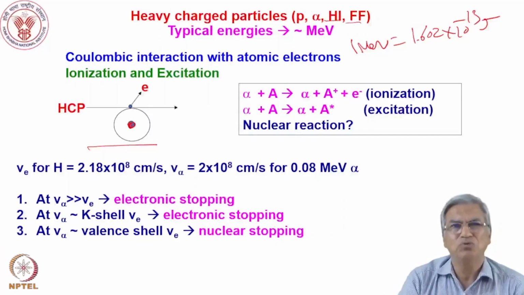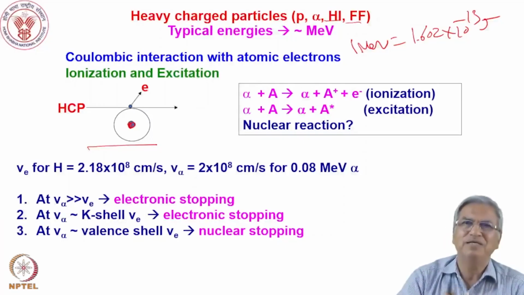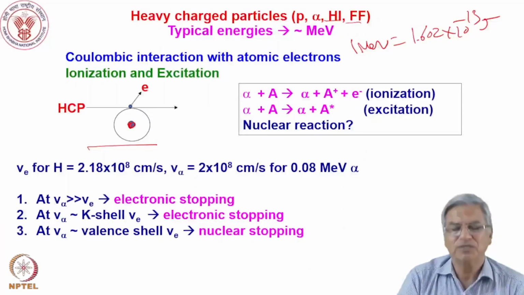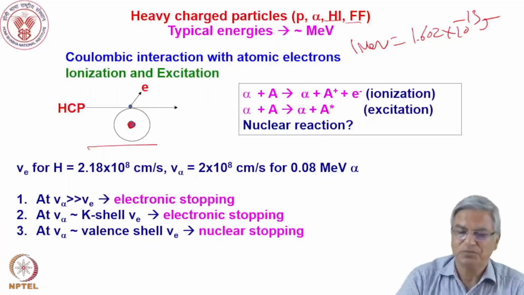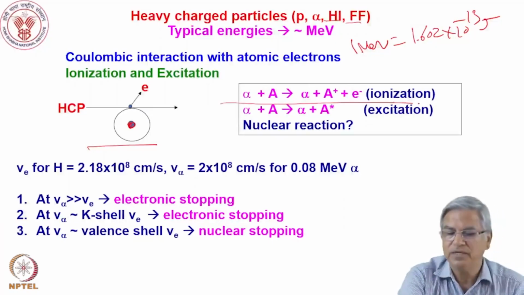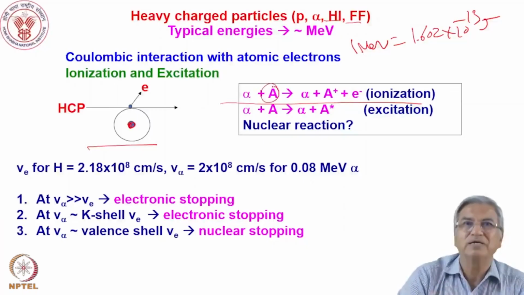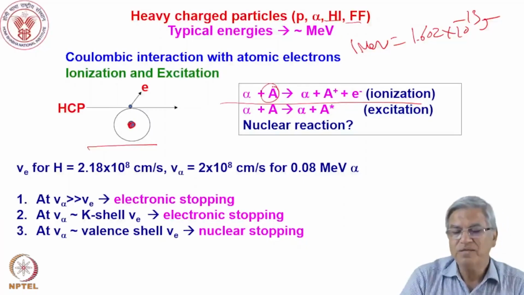The mass of a proton is of the order of 2000 times that of an electron. So it will give a significant part of its momentum, and the electron will be knocked out. That is called ionization. Here, when an alpha particle is interacting with an atom A, then A will